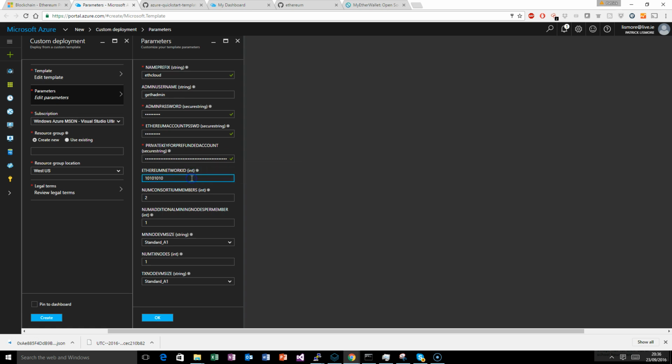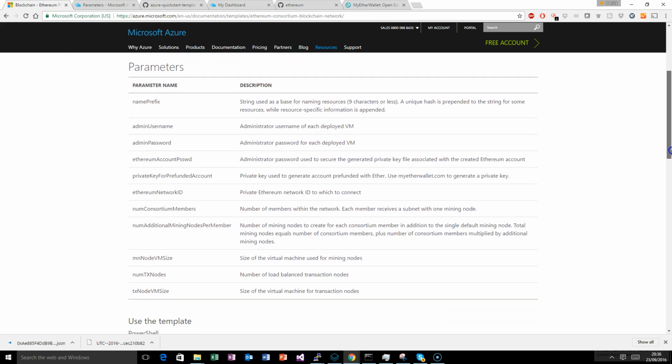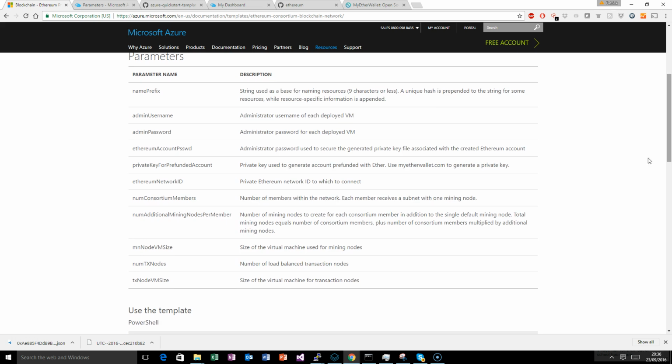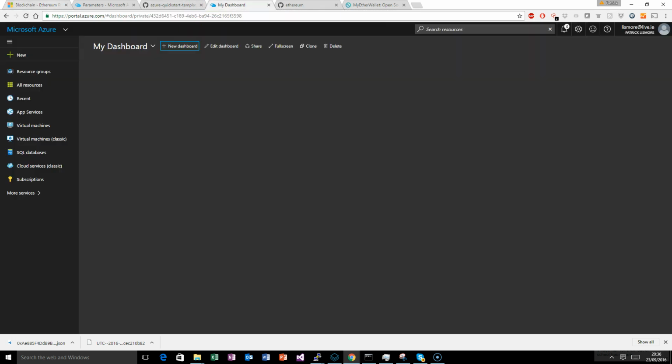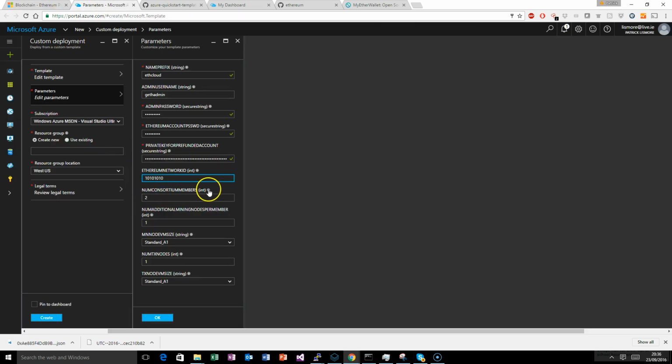And I'm going to leave the default there. They do recommend in the documentation here that you put a large number. It doesn't say here, it says in the other one actually. Choose a large number. I'm just going to leave the default because we're going to tear this environment down when we're finished. So consortium members, so it's going to be myself, a